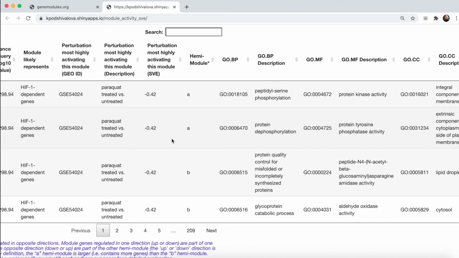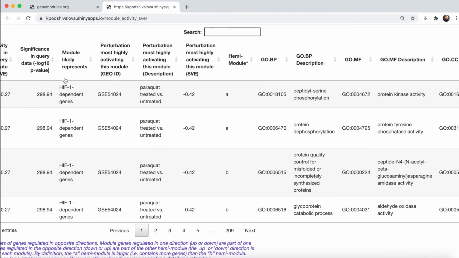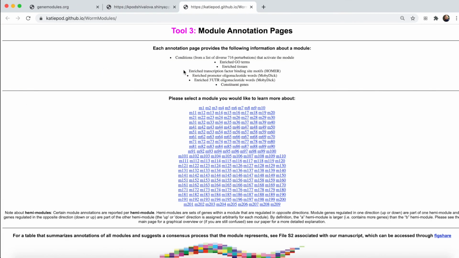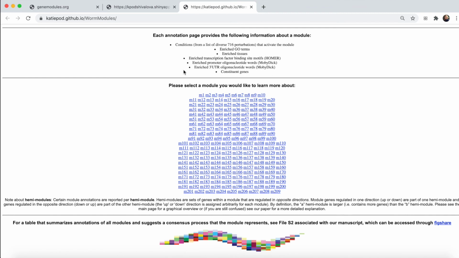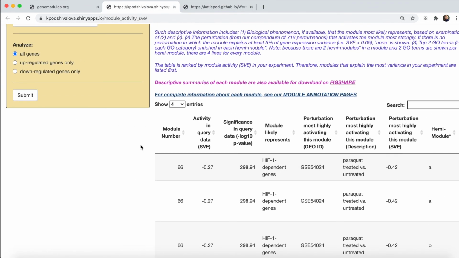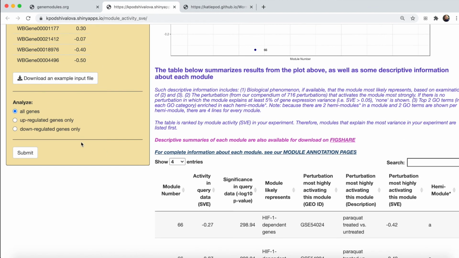We also offer a consensus annotation here for some modules based on our own interpretation of the various module annotations. But we highly recommend that you examine the module annotation pages yourself because it is very unlikely that a module can be described this simplistically. You can access these module annotation pages here, Tool 3, and I will describe it in more detail in the Tool 3 tutorial. Going back to Tool 2, just to wrap up, I will just say that we can also